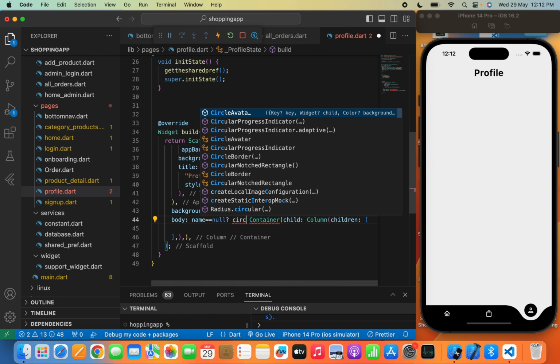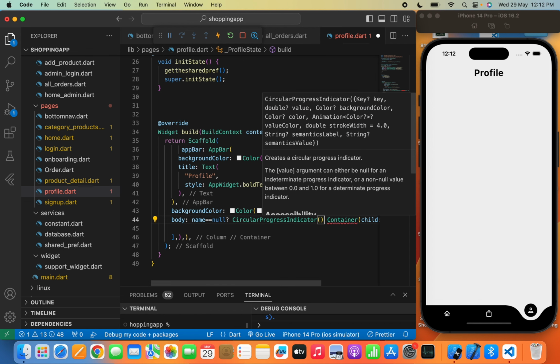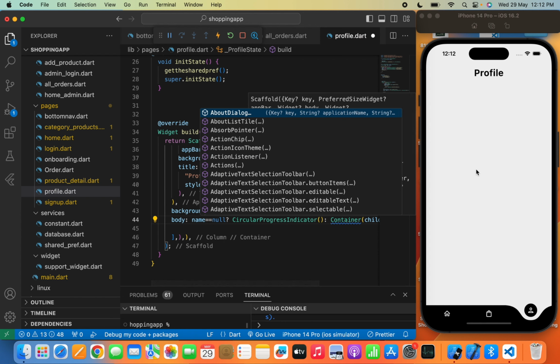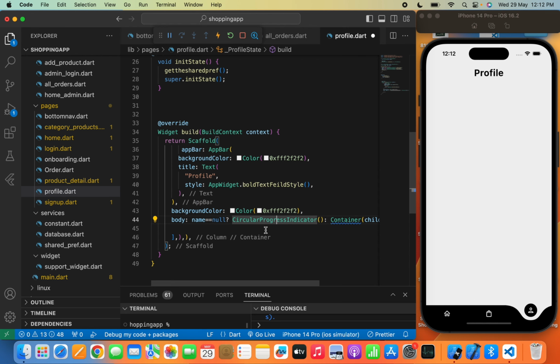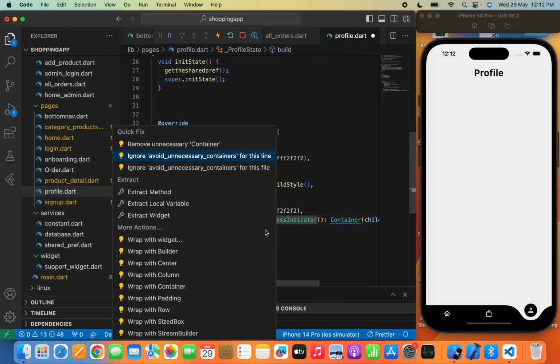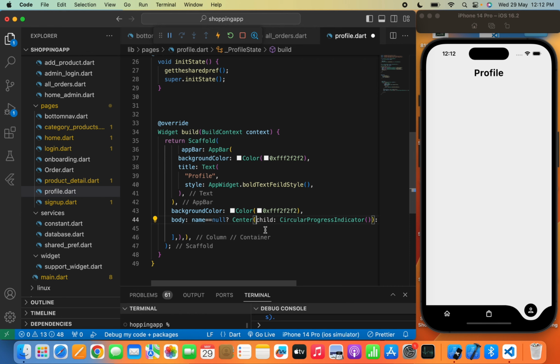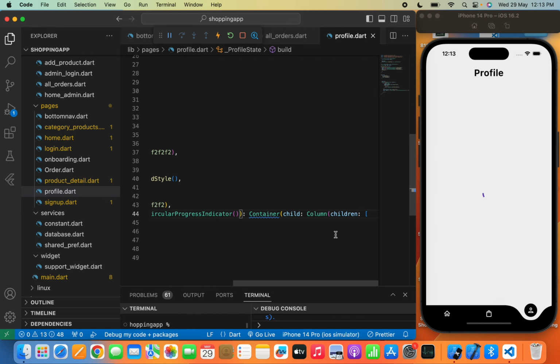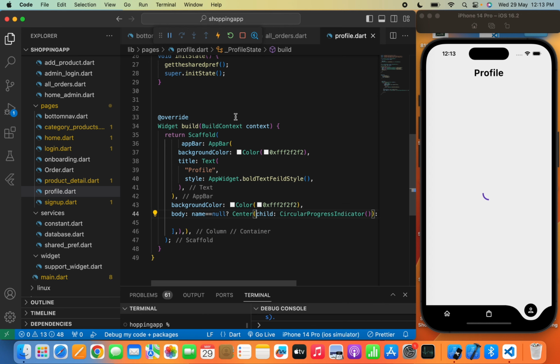So I will write, I want to show a circular progress indicator. Now, if I do not pass a circular progress indicator, then it will simply show a null check error, because a null has been passed in the string. So to avoid that, you need to always add a circular progress indicator, and we'll wrap it up with a Center widget. Now in the container, here you can see the circular progress indicator,